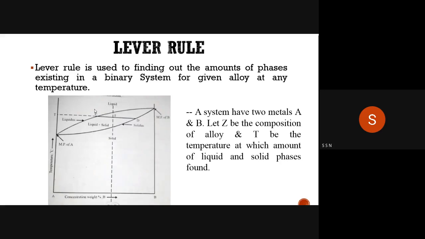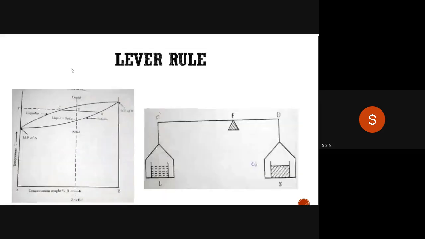So at this F point, observe that F point in the diagram. At the F point, what percentage of the alloy is liquid and what percentage is solid, we can find out with the help of the lever rule. This lever rule can be considered as one kind of lever only. That means consider that CD line, exactly the horizontal line passing through F point, because at F point we need to find out what is the percentage of liquid phase and what is the percentage of solid phase present. So we'll draw one horizontal line CD.